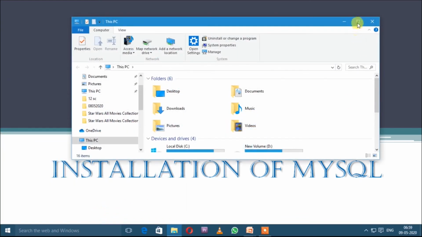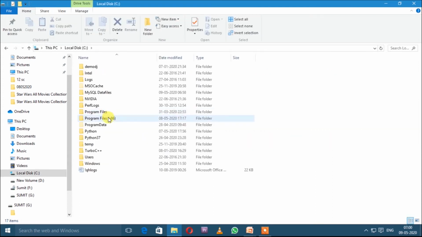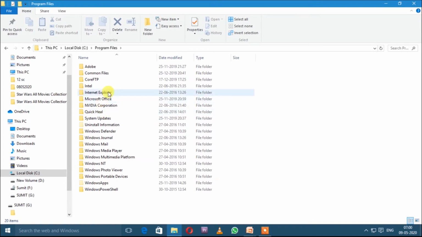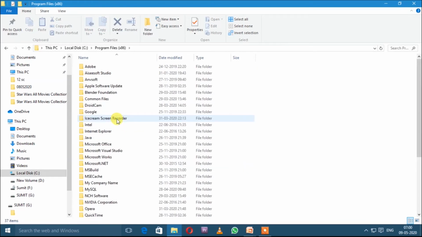On This PC, move into the C drive. Look here, in the C drive we will find MySQL either in program files or in program files (x86). Here is the folder of MySQL. So remove this folder, as I am going to remove.